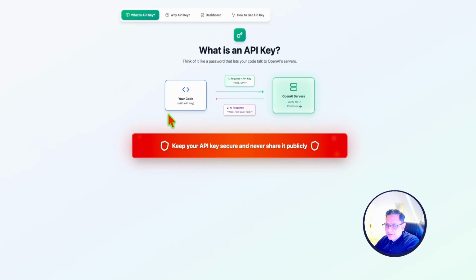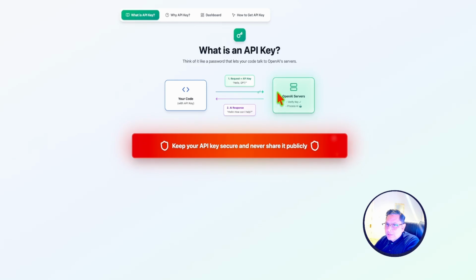An API key. Simply put, it's like a secure password that allows your code to communicate with OpenAI server. Here's how the flow works. Your code sends a request along with an API key to OpenAI server. For example, Hello GPT. And OpenAI server receives this request, verifies your API key and processes it using AI models.